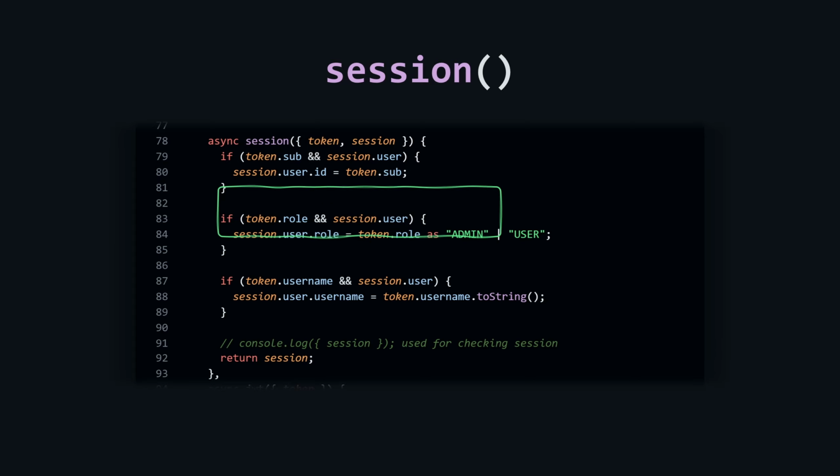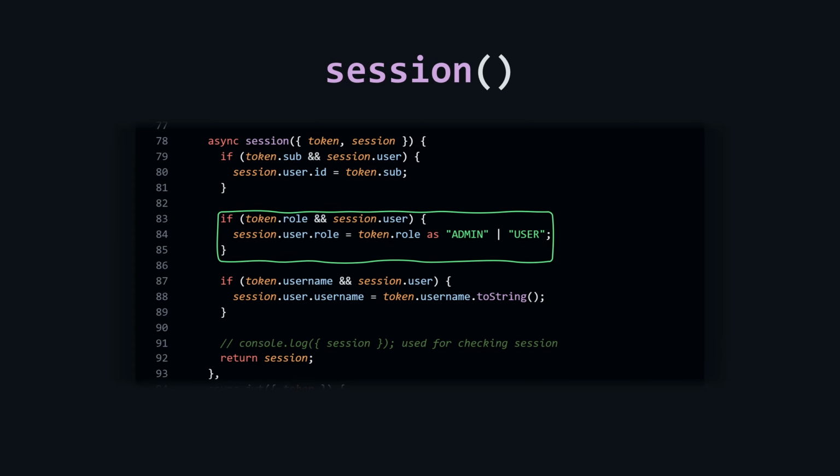And then moving forward, we're going to do basically the same thing again, but we're going to set the token role to the session role. And then we just need them to not get errors. We make sure that it's admin or user. Those are just the two types that we have. We just had to set it there because that was just the easiest way to be able to fix the error that I was running into, where it would say, hey, there's a problem. It would still work, but it would constantly have that kind of like, hey, there's a problem here,